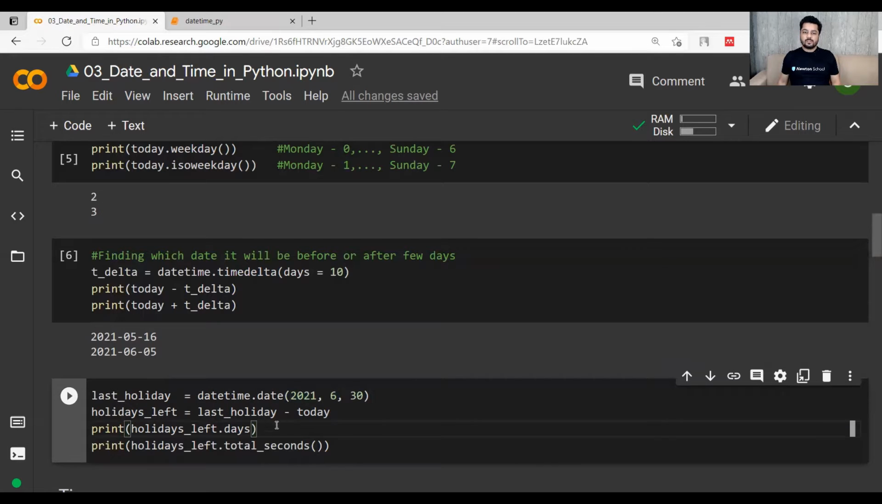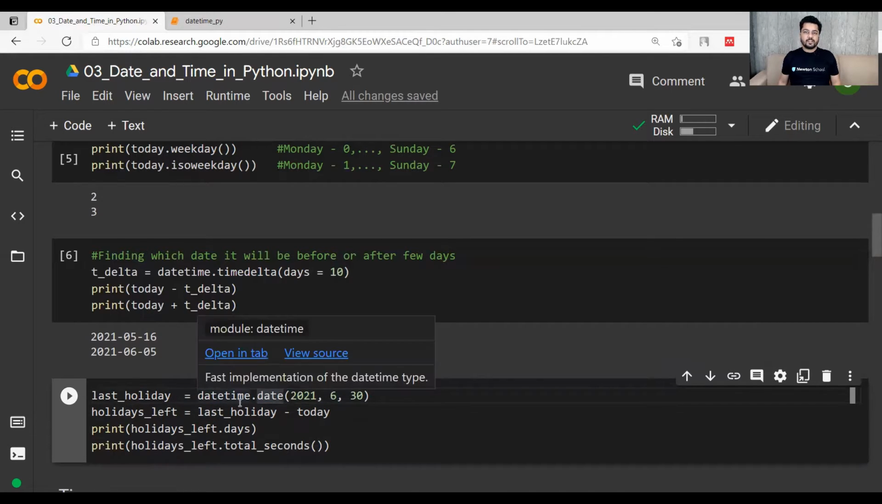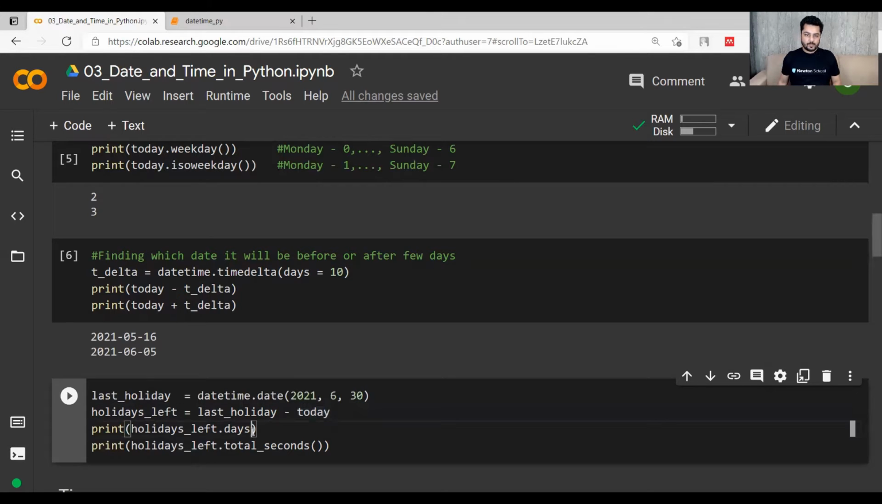So we have today's date. What you have to do is, first you have to write the last holiday date here using this function datetime.date. So this is the user defined date which we are inputting. Let's say that we assume that the last holiday is on 30th of June. So we already had today's date. So the number of holidays left will be last holiday minus today. And if you print only holidays left here, let's put